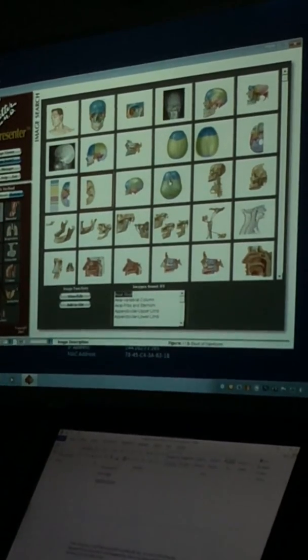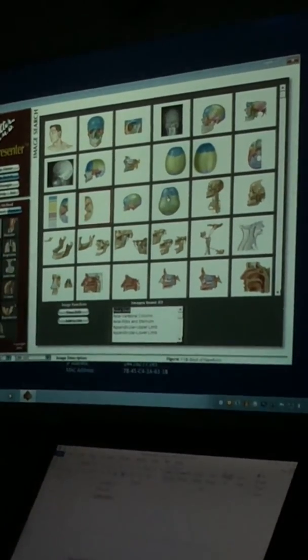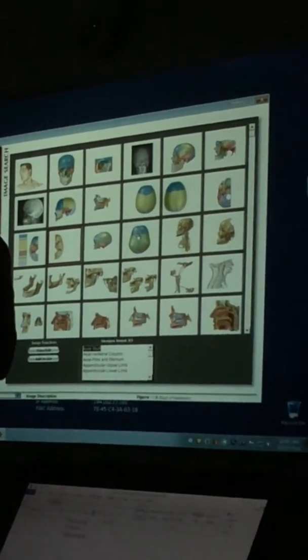Okay, now the interesting thing is when you study human anatomy, it was easy for me compared to veterinary anatomy, because in veterinary anatomy you had to do dog, cat, horse, cow,